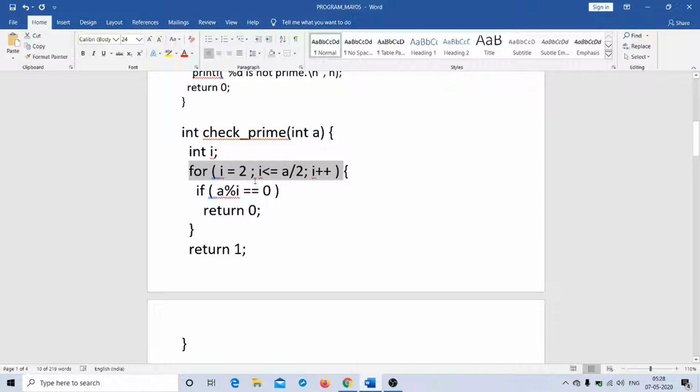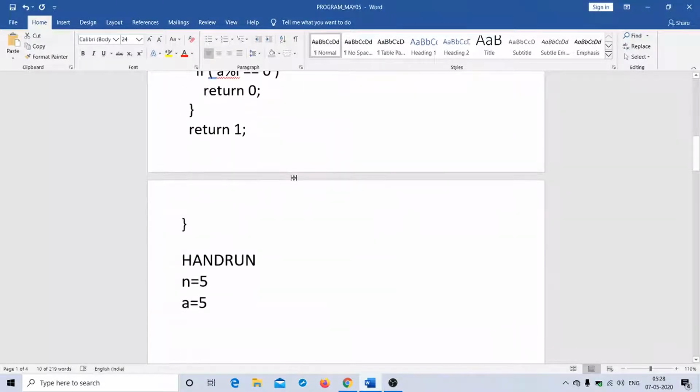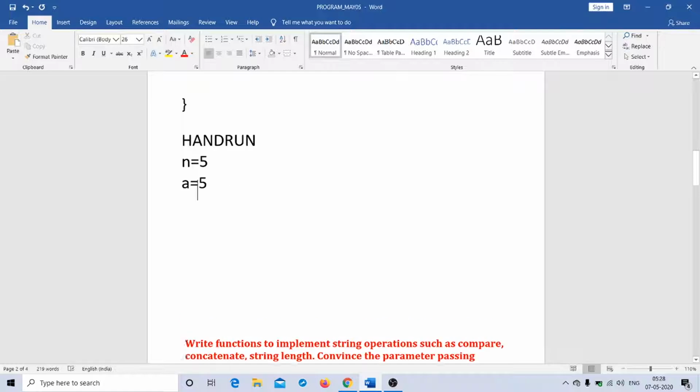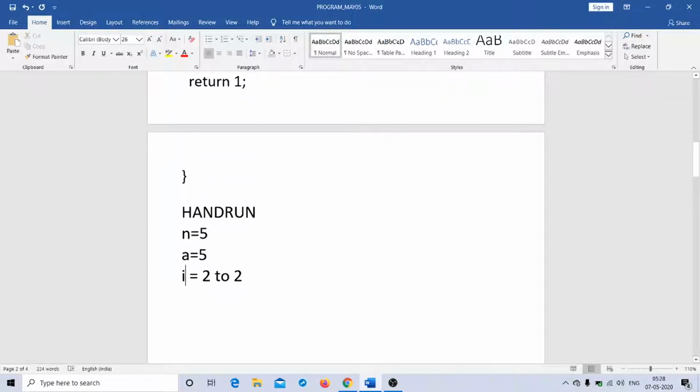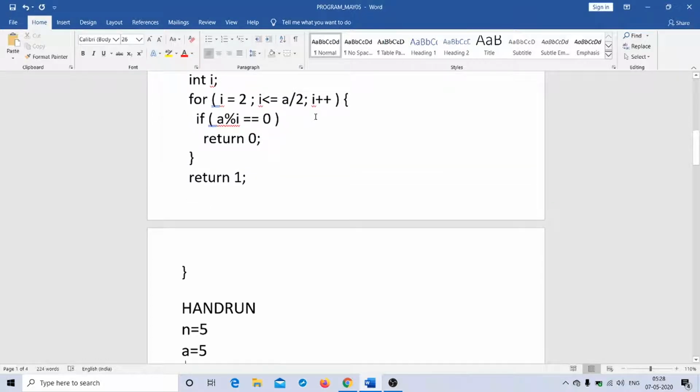So i is equal to 2, i less than or equal to a by 2. So what's the value of a? a is 5. So 5 by 2 is 2. So my value of i will actually range from i is equal to 2 to 2 only, right? So 2 to less than or equal to a by 2. So 2 to 2, i plus plus.